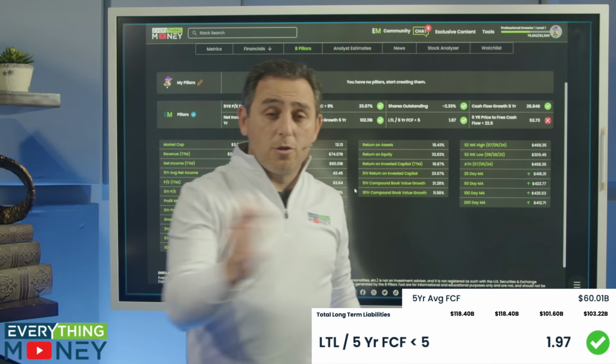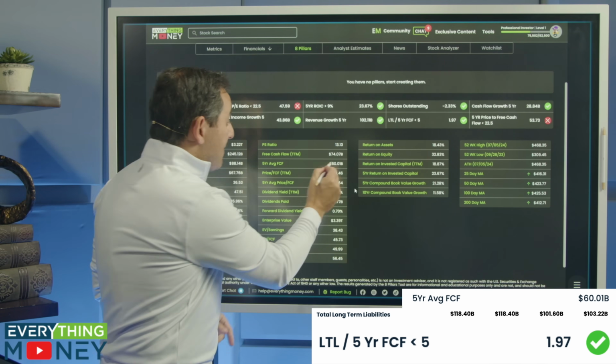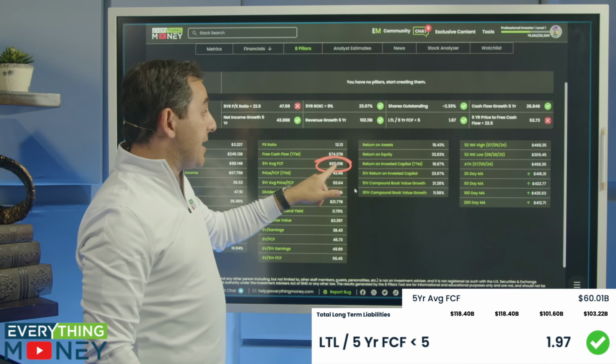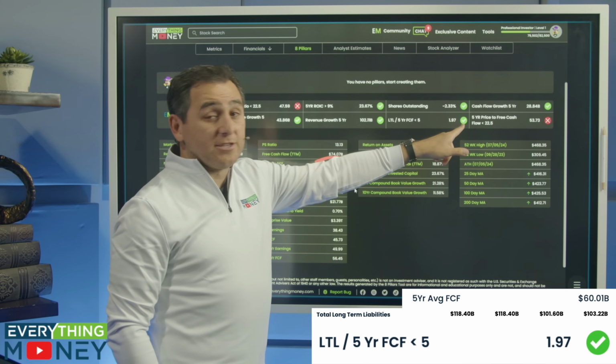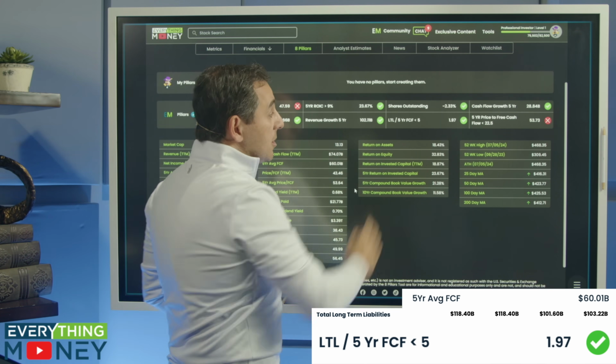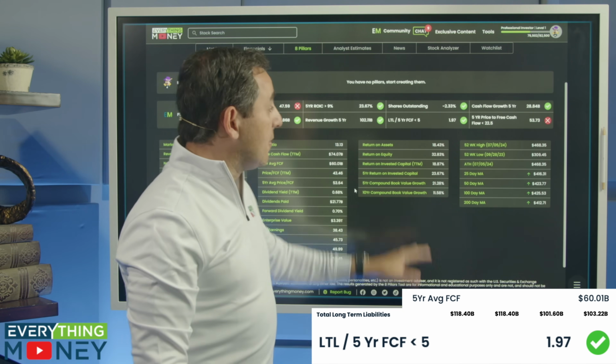Now, long-term liabilities divided by 5-year free cash flow divided by 5. So I take the total long-term liabilities on the balance sheet. I take the average 5-year free cash flow. I divide the long-term liabilities by the 5-year free cash flow. If it's less than 5, it's a check. If it's more than 5, it's an X. For Microsoft, it's around 2. So it basically says 2 out of the last 5 years average free cash flow could pay off all the